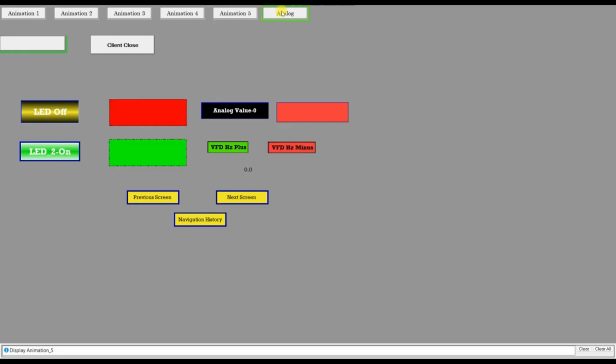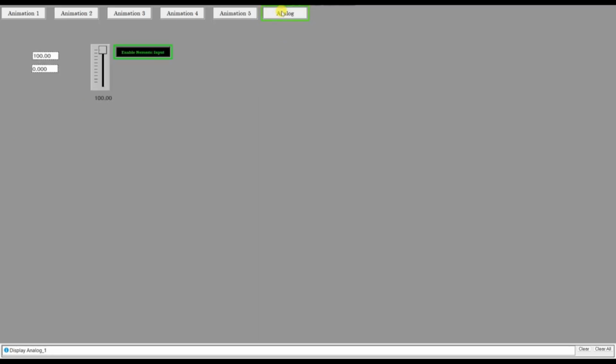You have to change display again. So first is analog input 1, second is analog input 2. You have to click on analog, you have to click on enable numeric input. Right now numeric input tag is 0 and it is disabled. You cannot write any value in numeric input, and also when it will be disabled,